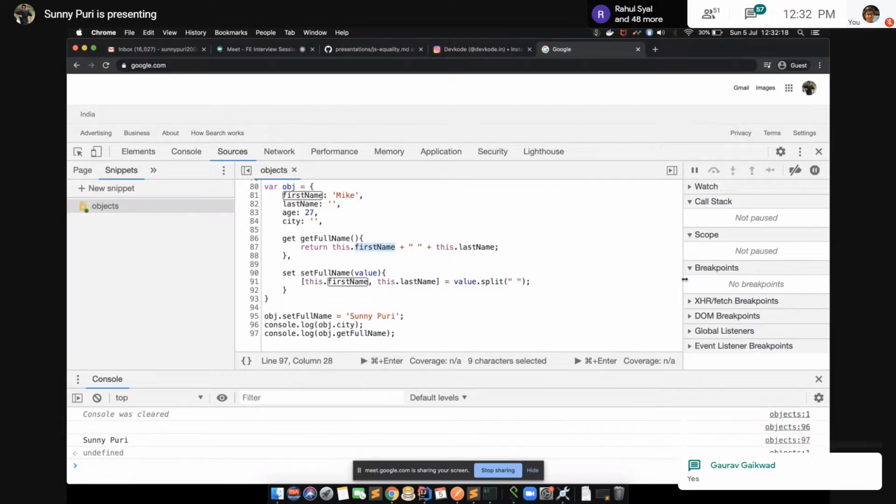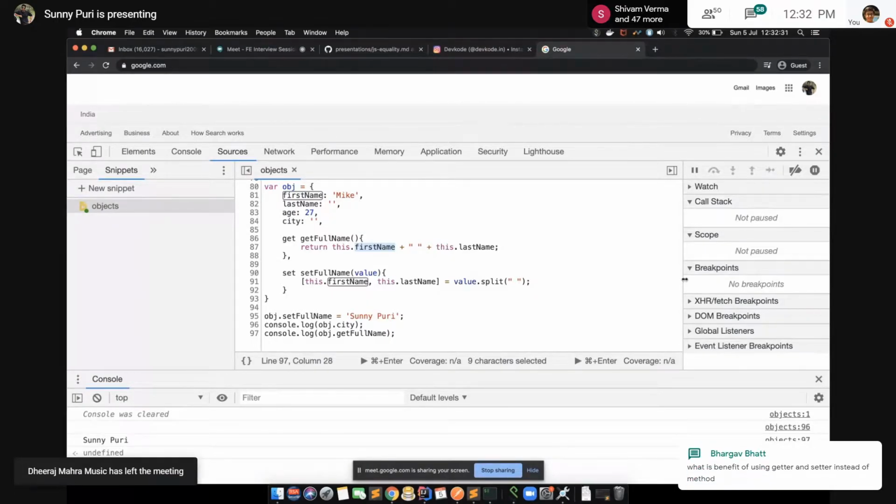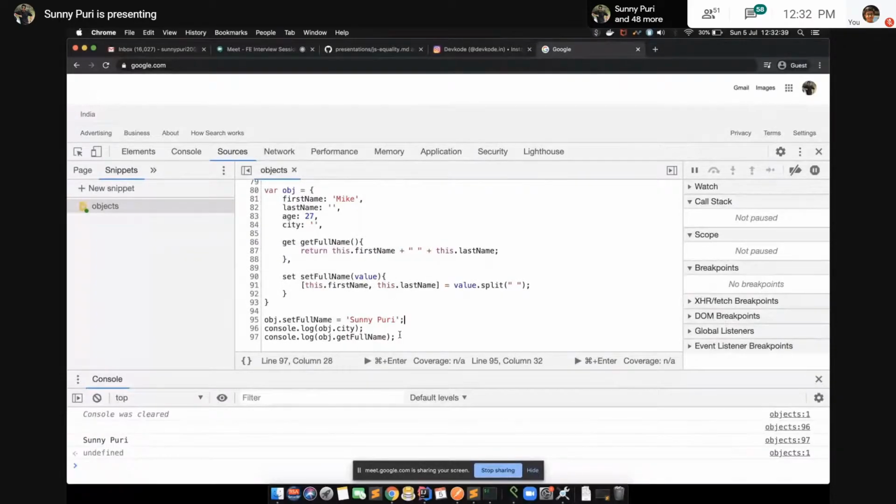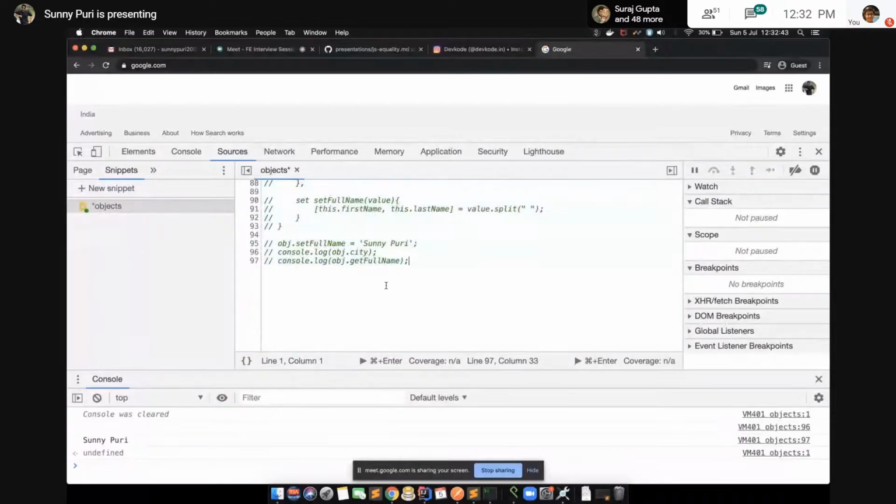Naman has asked, is there any specific reason why they do not have constructors? So this is a property. We'll cover it. There are so many things which you are not aware of. Not every object has a constructor. We'll see. So guys, that's why we need to read the docs. We need to go through the MDN docs thoroughly, and you will learn so many things. So this is the example of getter and setter, even in case of multiple arguments.